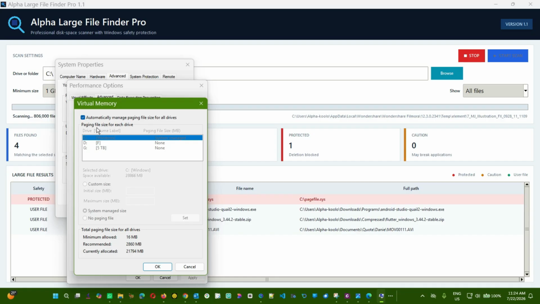As you can see here, automatically manage paging file. You untick here. You select the C drive. Do not select any other drive. From here, you click custom size. I'm going to reduce it to almost 2 gig. So I'm going to say initial,